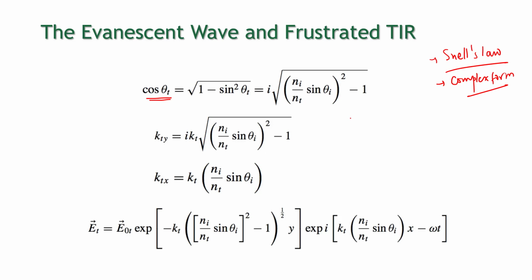Okay. So, for that, let us write this cosine theta t in terms of sine theta, because Snell's law has only sine. So, I need to convert this cosine to sine. That is what I am doing here. And now, once I have that,